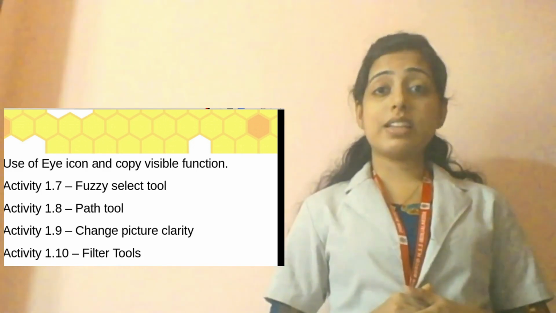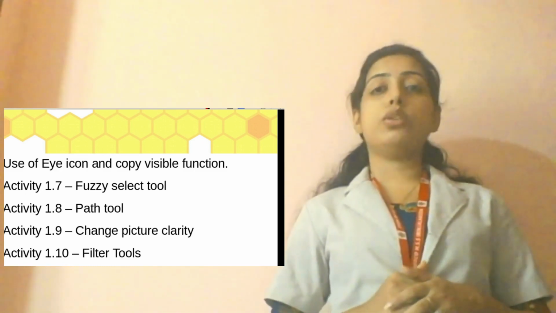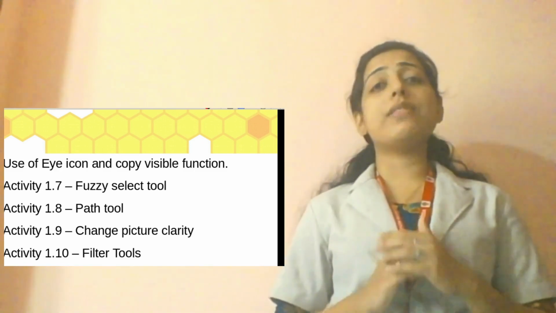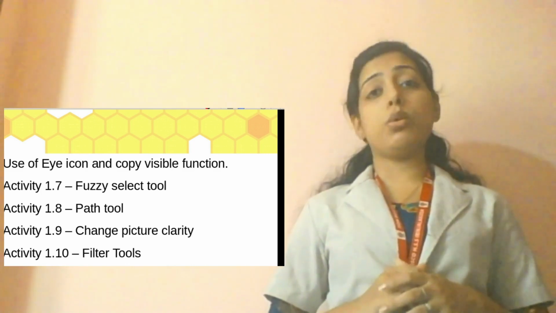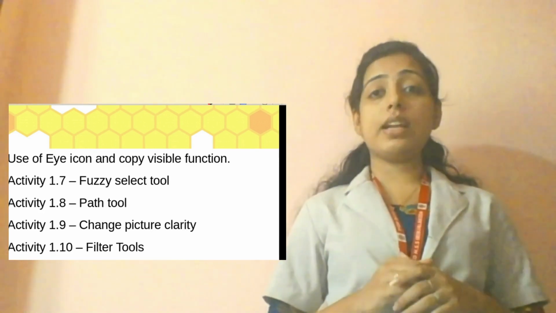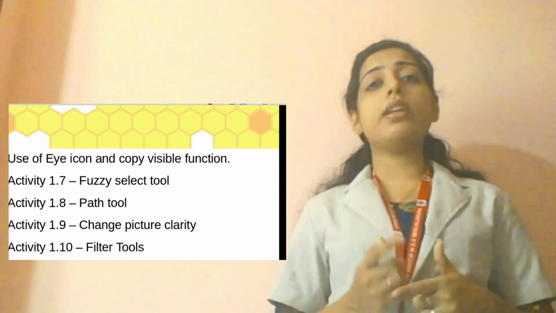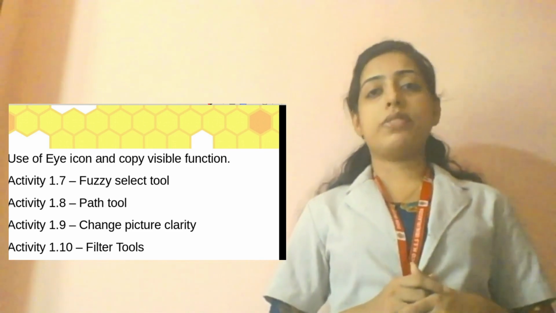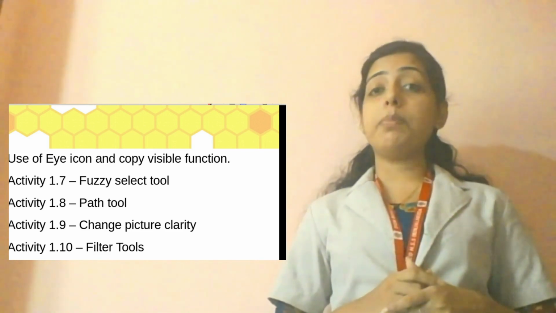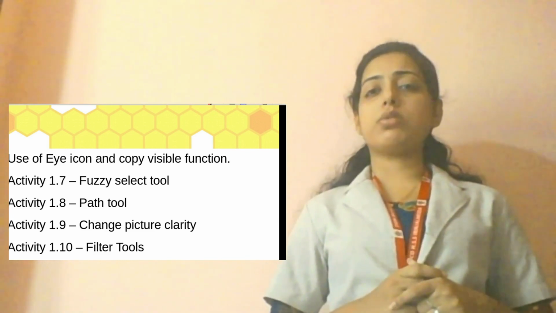What was the last activity? Last activity was by making use of what? Filter tools. So from the filter tools, you have studied one option called blur option. So for making an image blur, first of all select that image and go to filters menu, take blur option. If you want to repeat that activity again go to filters option. There you can see repeat blur option, isn't it? So by using that option, we can make use of blur.